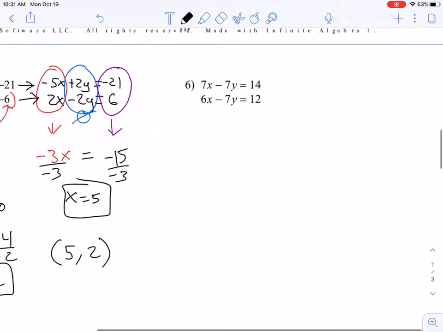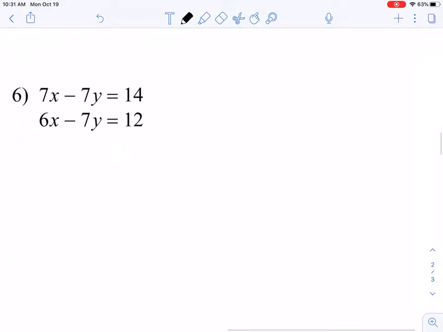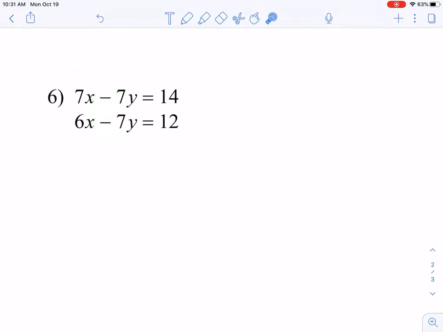All right, number 6. Again, for this one, these have the potential to eliminate, but I would need to change either of my signs. I'm going to change, again, my bottom row. So I'm going to take my whole bottom row, and I'm just going to take the opposite of it. That's what this negative means. So the opposite of 6x,